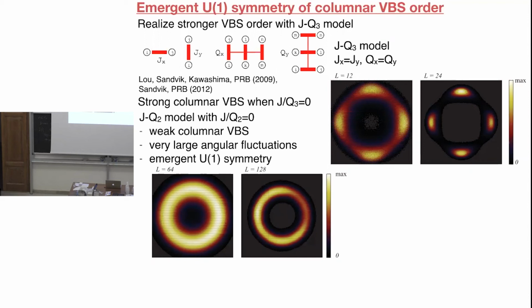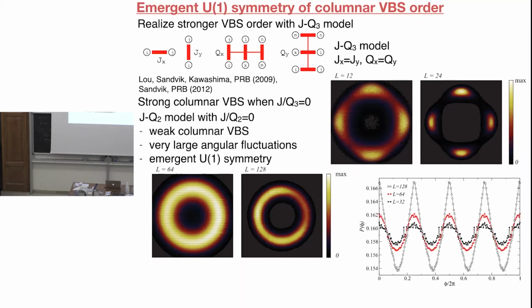If we look at the Q2 model, so only the Q2 terms, then we don't see much of these blobs. Even if we go to a big system, it looks ring shaped. And the simulations are kind of slow. So here for L equals 128, it's not even a complete ring. But if you symmetrize using all lattice symmetries, and you just look at the angular probability distribution, you can see